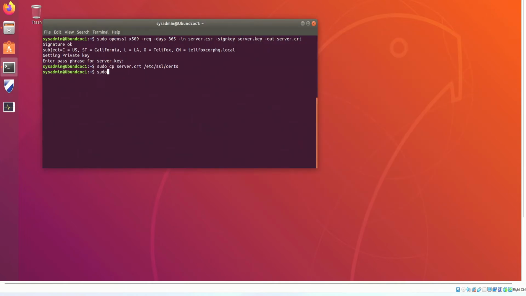And then we do sudo cp for copy server key /etc/ssl/private. And there you go. Now simply configure any applications with the ability to use public cryptography to use the certification and